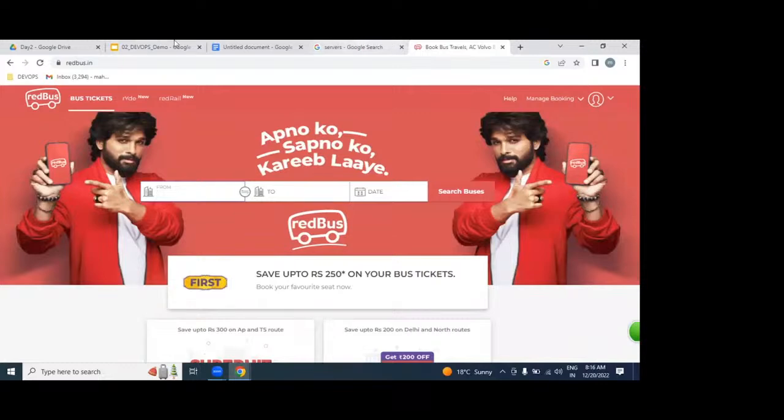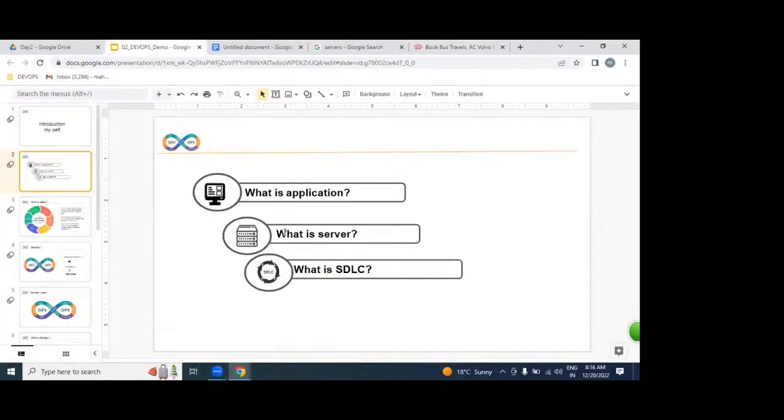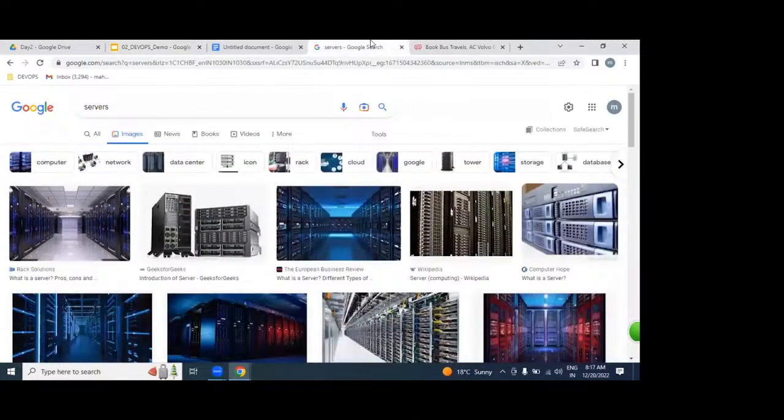This is what we are calling an application. But what is the server? What is the purpose of a server? How many ways can we get a server? We can get a server either in a physical environment, a virtual environment, or a cloud environment. Any server is for deploying our applications and maintaining them 24 hours for a long time without any shutdown. So this is the kind of service we are going to be handling.